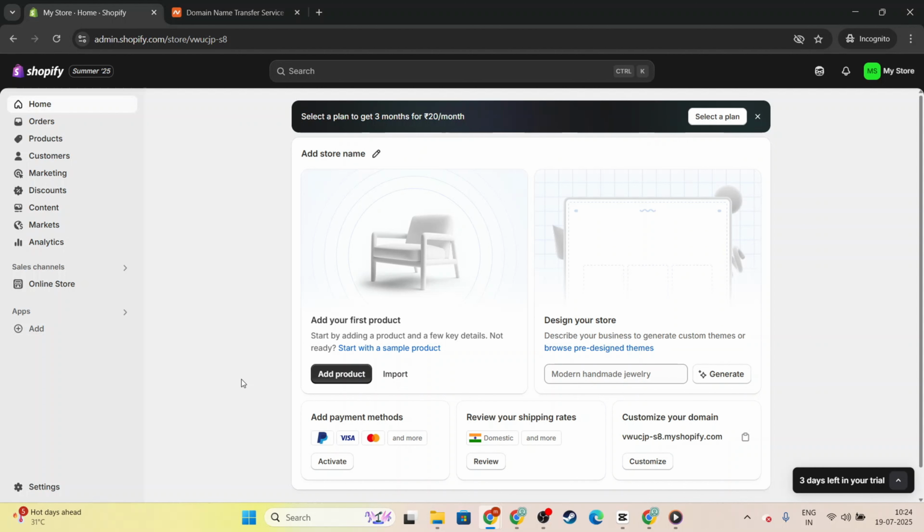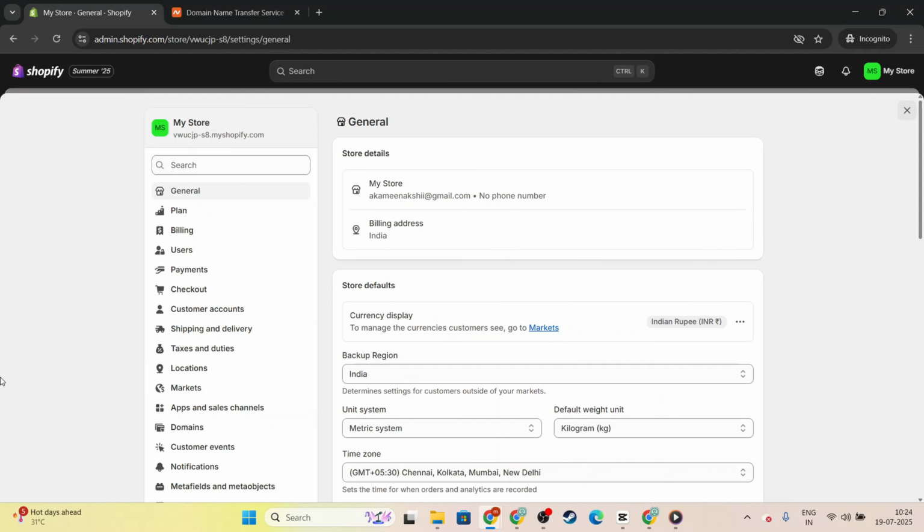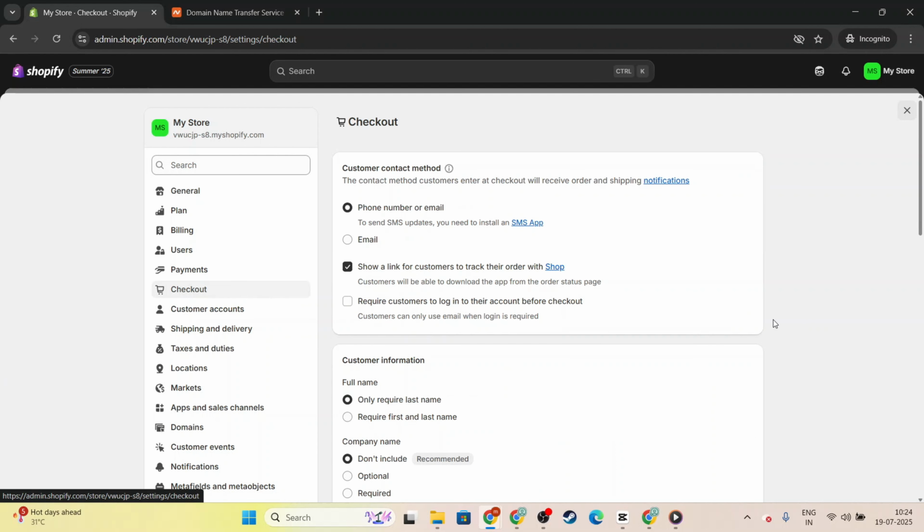First, log into your Shopify admin panel. Once you're in, look to the left-hand side of your screen and locate the Settings option. Click on Settings, and you'll see a variety of categories that you can delve into. For the purpose of our task, you need to select Checkout. This section houses many of the features that control how your customers make purchases and how they can opt in